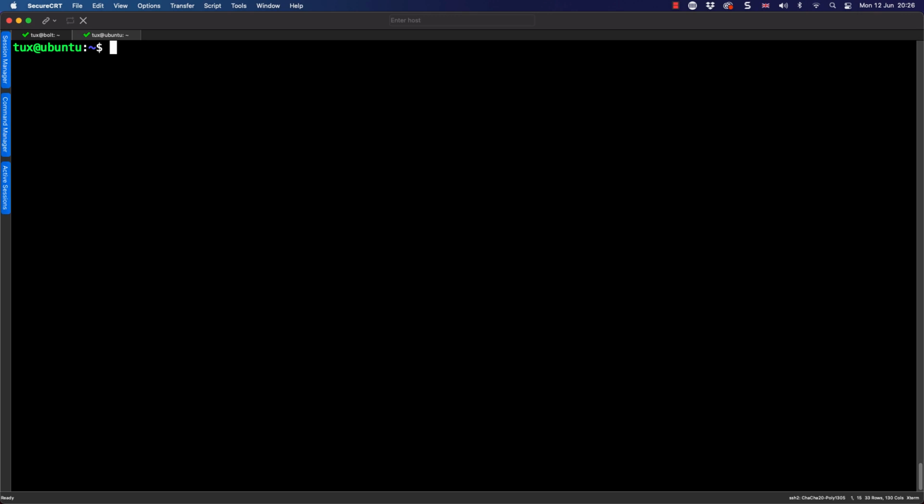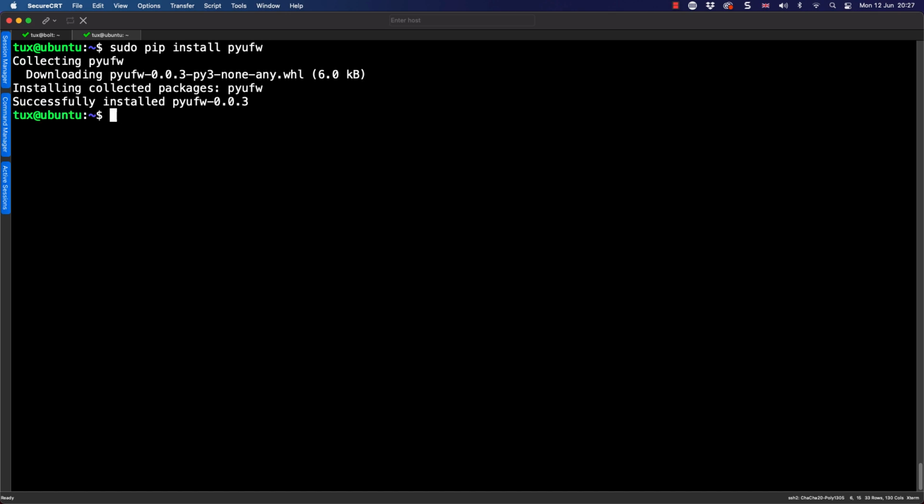Now with the Python installer pip, we can install modules just for the user, but we need it for all of our users, especially for root. So we're going to do a sudo pip install, and the module we want is pyufw. This should come down really quickly. With that installed, it's important that it's installed for the root user, and we'll actually install it for all users if we use sudo. But we can go back now to our script